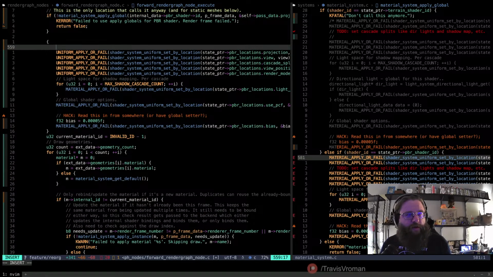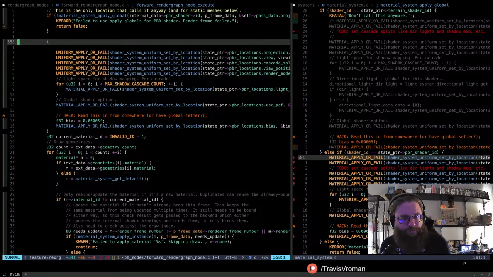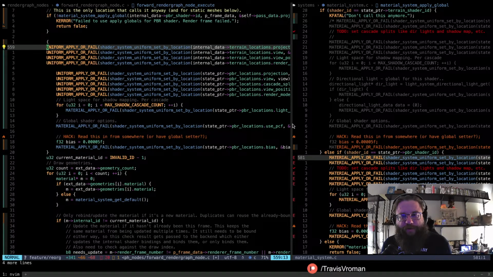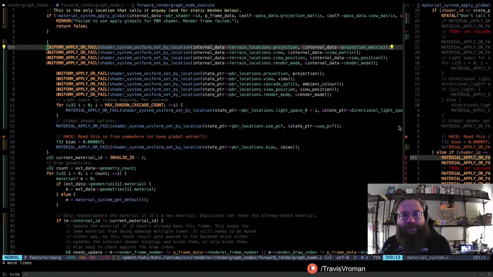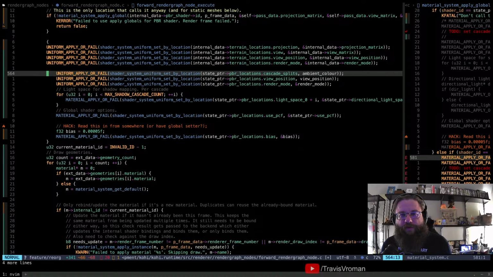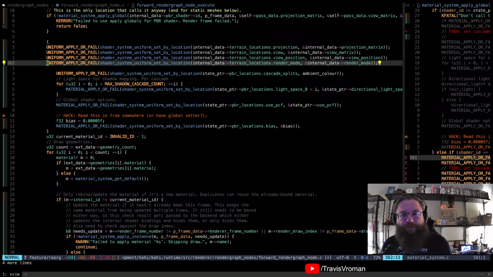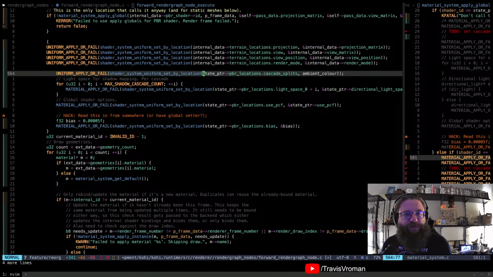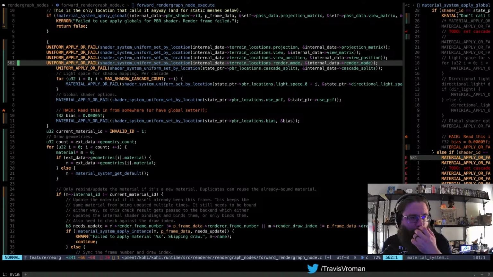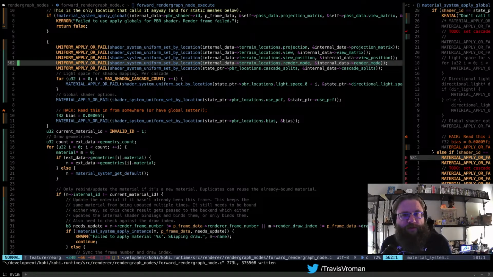And we'll just put it here. And let me just move this over a little bit. So we have projection, view. Oh, we did have cascade splits. Okay. All right, this one I think should just be the address of internal data cascade splits, I think is what that one was. All right. So we have all of those.